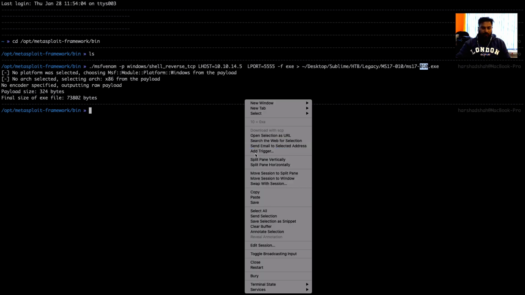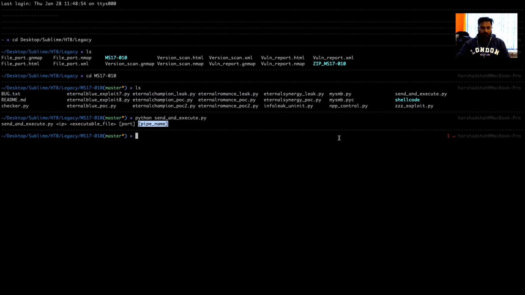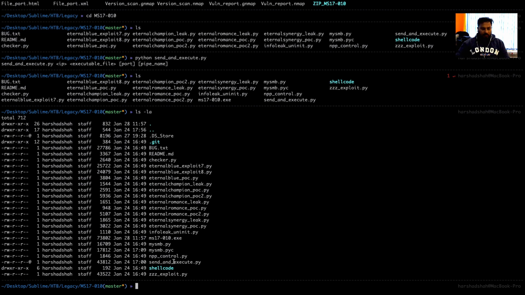So now we have an exe inside this. So what we can do here is we can simply go to our second terminal shell. Let me check what is on the third one. Okay, we are here right now. So we need to type the ls command here, and here if you can check there is one file called ms17010.exe. I'll check the permission first. Okay, and here we don't have anything.